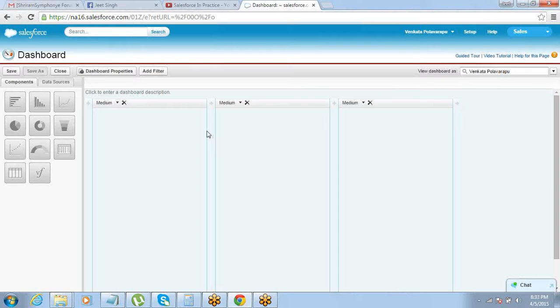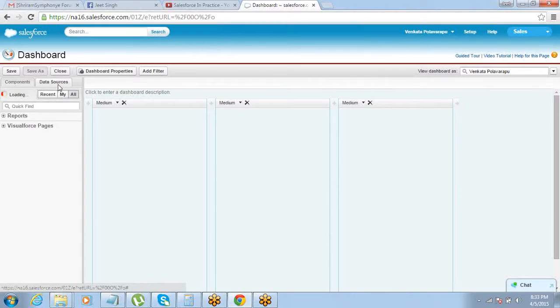Why do we need dashboards? Dashboards are required because sometimes your end user wants to view multiple reports very quickly. Let's say your top level management wants to see how your customer support team is doing, how sales team is doing, and how marketing team is doing. Okay, and just a quick dashboard, a quick view of it. They don't want to get into the details, right? So dashboard can come very handy in that case, and they can just have a very quick overview of the information. So what we can do is, you can have your data sources as reports.